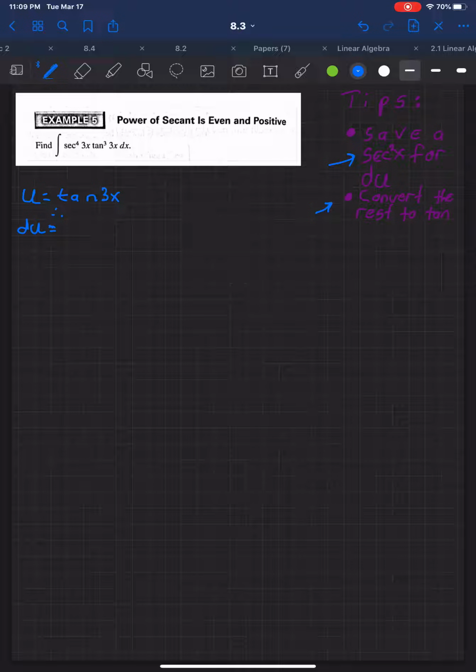Now, what I'm going to do for this problem, this is all that I'm going to do for this problem, is you would let u be tan 3x, and then du would be 3, of course, times secant squared 3x dx. That makes sense because you would need chain rule to take that derivative. And at this stage, you should go through this on your own time and see if you can produce the following answer, which is just tan